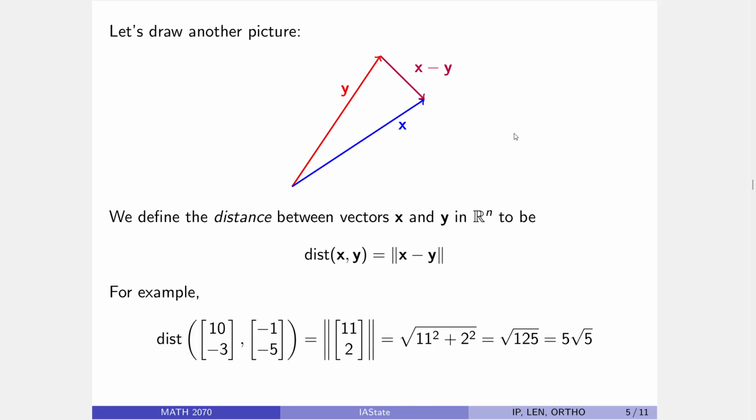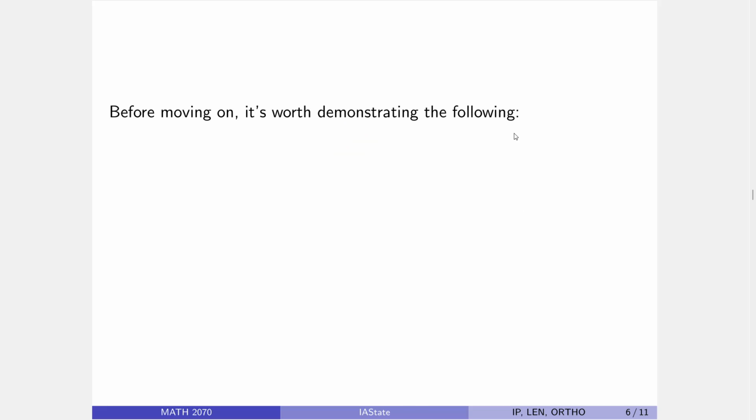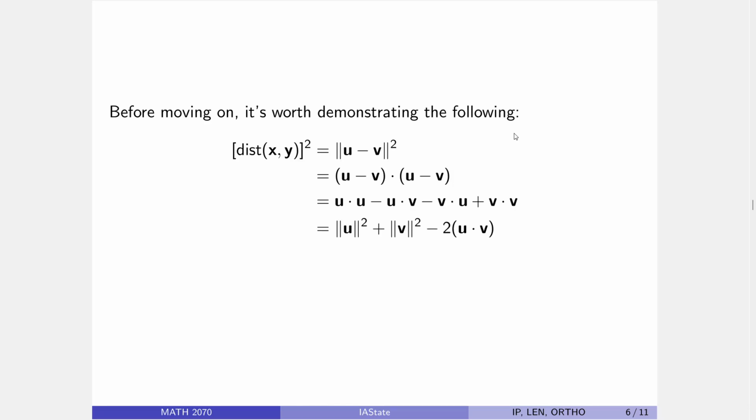Beautiful. Now, before we move a little bit forward, it's worth doing the following calculation. Previously, we outlined some basic algebraic properties of the dot product, and as I mentioned, the norm, or the length of these vectors, involves the square root, so you'd rather deal with the square of them for the most part. And so the distance squared would be the dot product of u minus v with itself. And because we have distributivity and we know scalars behave, then we have good old FOIL at our disposal. So first,